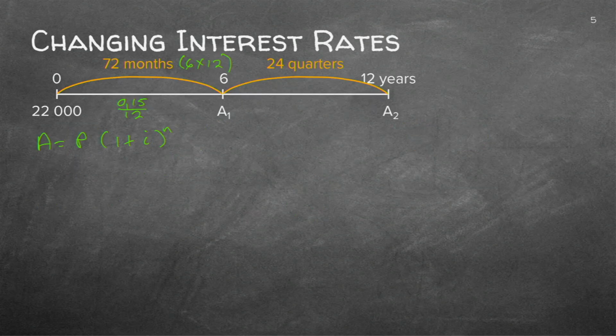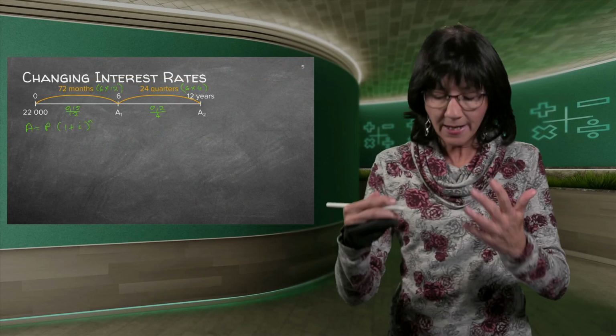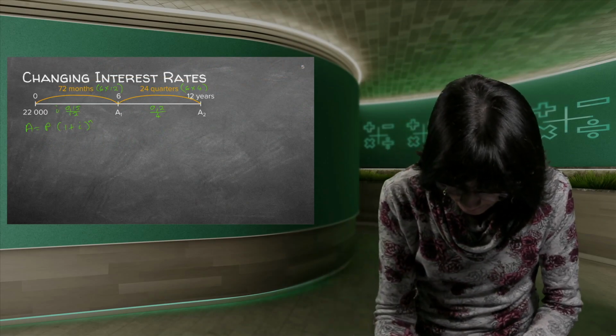So let's go. Next, 6 years is quarterly. 20% is 0.2. Because it's quarterly, I need to divide by 4 because I'm cutting up my year into quarters. Divide by 4. That means that 6 years needs to be multiplied by 4. And that is where we get the 24 from. Does that make sense? So now I've got my I and my N. Let's just write down, this was my I.